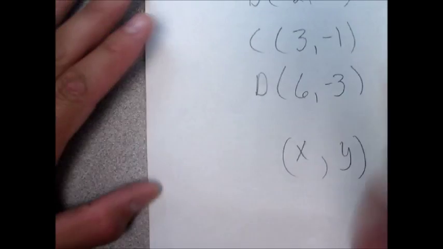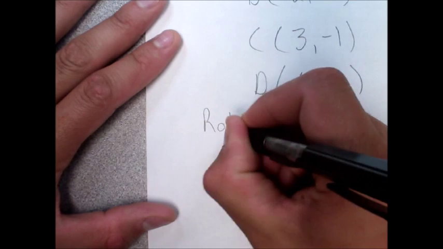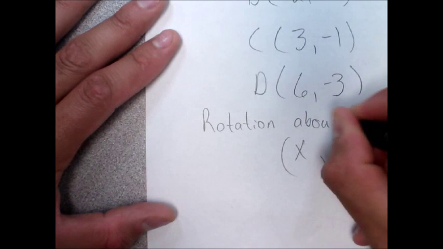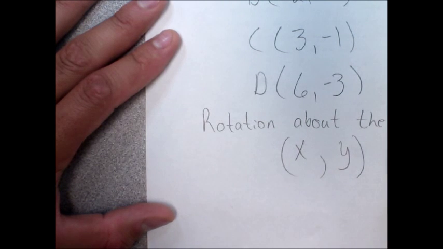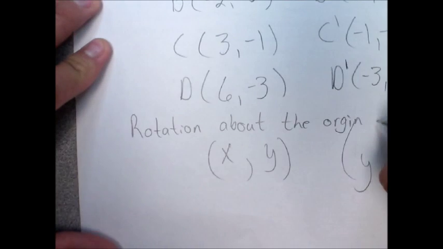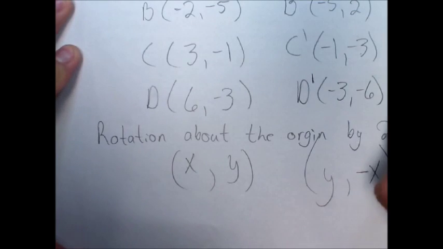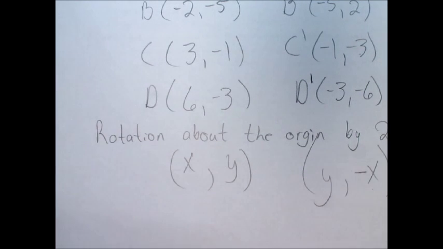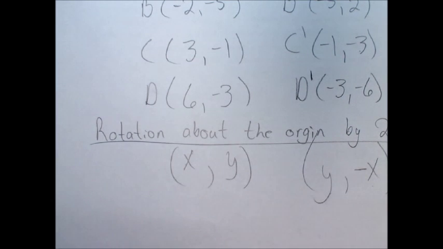I'd say rotation about the origin by 270 degrees. So it rotated about the origin by 270 degrees, meaning from the original it came from the center of your graph. And that would be my answer. Bam. Any questions? Comments, concerns? All right. Your practice